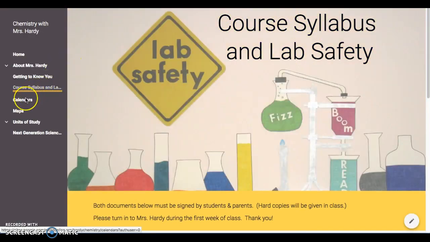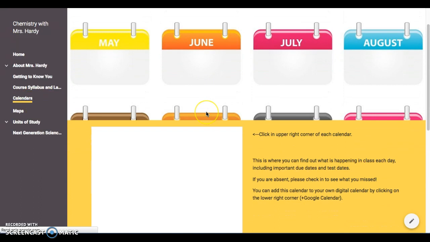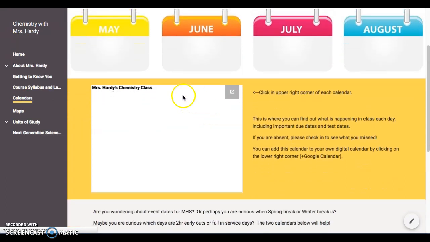Also over here on the left-hand side, again, I have some calendars. And so if you click on the calendars section, it's being really slow. If you click on the calendars section, it will take you to this page here, which I think will be most helpful to you if you're going to be absent, if you know you're going to be absent or gone